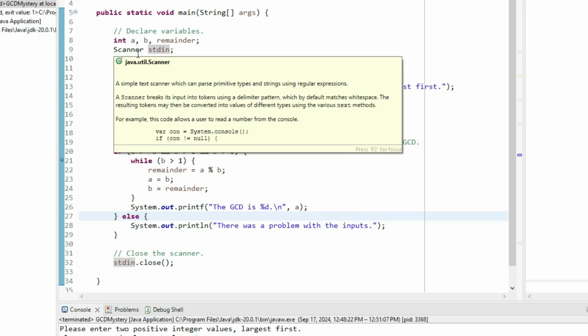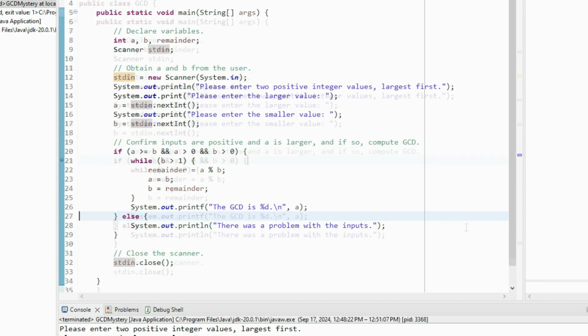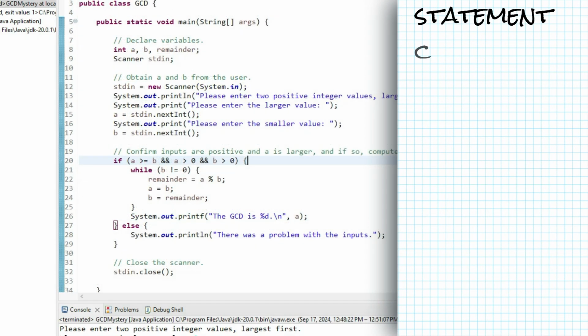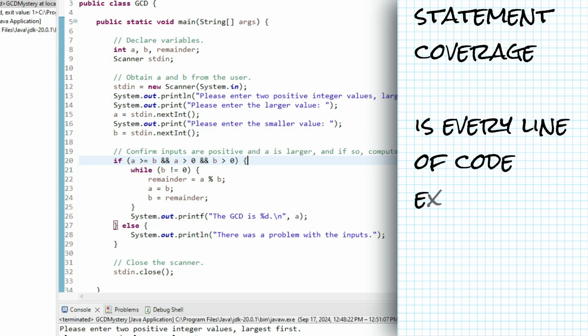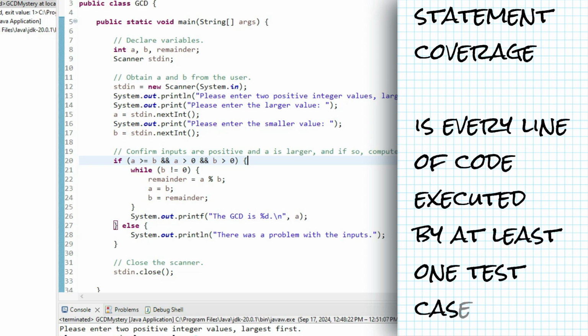Now let's talk about test cases. Can we design a thorough set of test cases for a loop? Let's start with coverage, meaning, at its most basic level, is every line of code executed by at least one test case. That is called statement coverage, and it's the weakest form of coverage, but it hopefully makes clear what coverage means. Is what we're looking at included in the test cases, in this example,